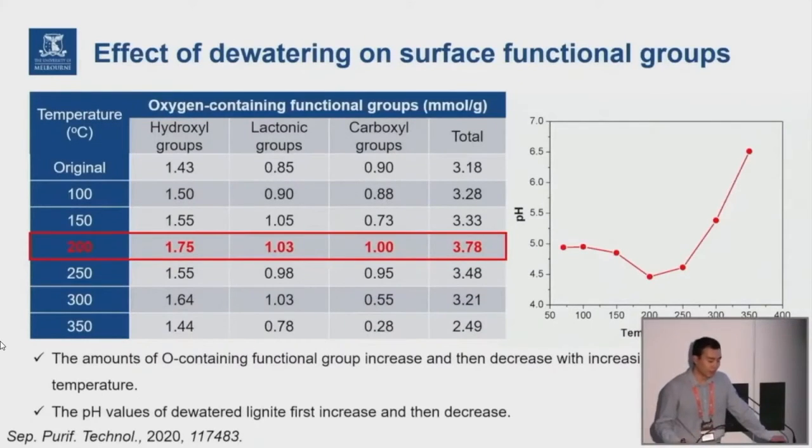So to gain more details about the mechanism, we use Boehm titration to quantify the oxygen-containing functional groups. And there are basically 3 types of functional groups, and all of them increase first and then decrease with increasing temperature. And 200 degrees C is the optimal temperature. And the pH value of the lignite material also shows the same trend. So this positive correlation between the absorption performance and the number of oxygen-containing functional groups confirms the functional group plays